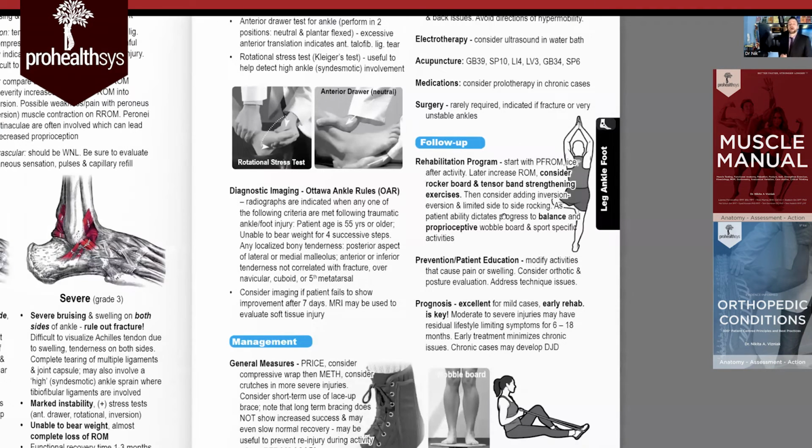All right, rehab: pain-free range of motion, ice after activity potentially, later increasing range of motion. Consider a rocker board. In my clinics, what we do is we actually give patients rocker boards. Of course, we have our clinic name and everything stamped on them, so we get them back. To get them back on this rehab pathway into better balance and proprioception as they're moving through their wobble board